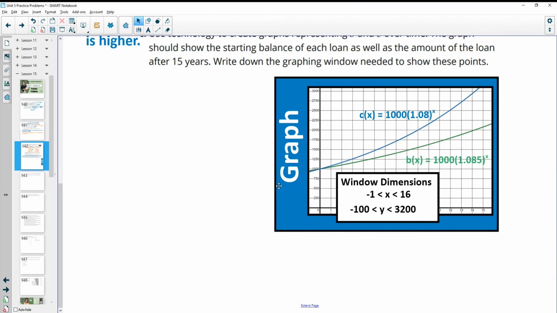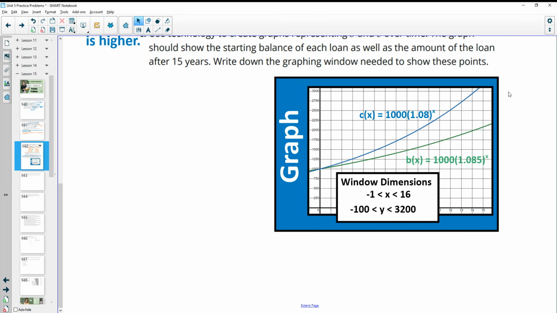I've graphed it here. We just need to go from 0 to 15. I like to see a little bit on the left side of the x-axis, so I just went from -1 to 16 for my x's. And then for the y's, I went from